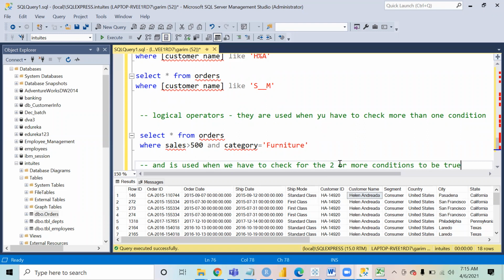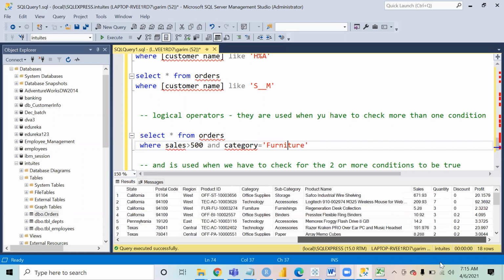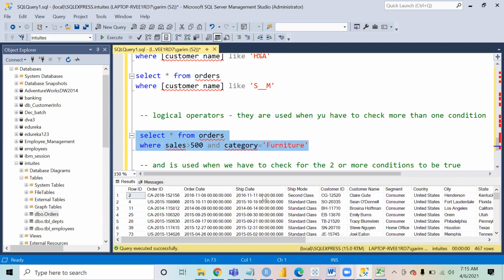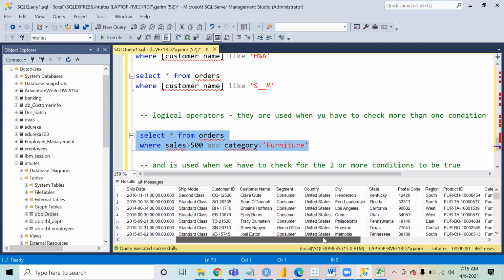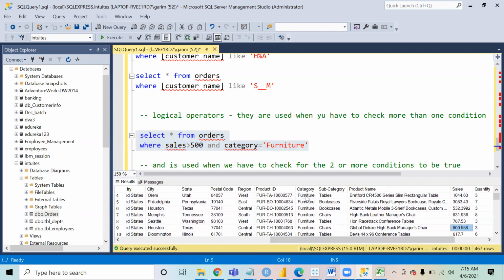Now it will look that sales should be more than 500 and category should be furniture. If you see, I got only 18 rows in the output. Sorry, I think I have not executed this. Right, now I got 467 rows and you will see category is furniture everywhere and sales is more than 500.